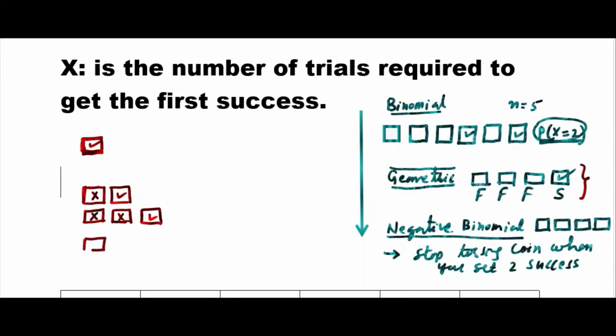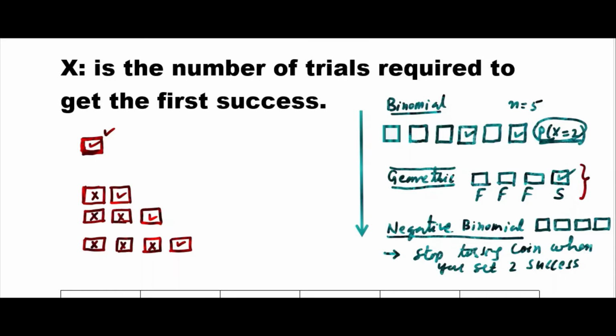Continue this way. Suppose you didn't pass the exam here, or you got a tail here when you are tossing a coin, you got a tail here, you got a tail here, and you got a head here. If you consider that getting a head is success for you, stop here. Suppose I am giving you the class and I need to go outside. I'll give you a coin and I will tell you to toss the coin until you get a head. If you get a head in the first toss, you stop. That's all.